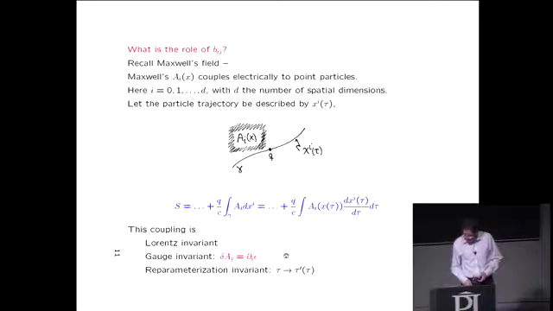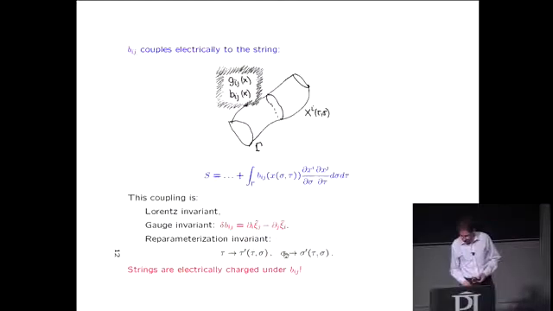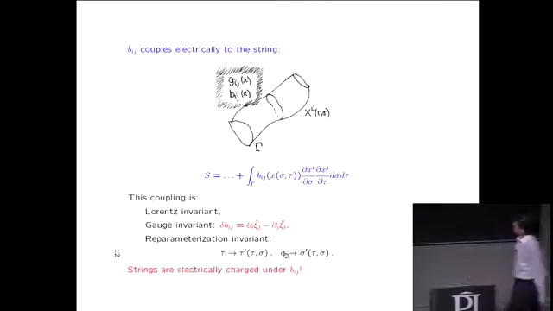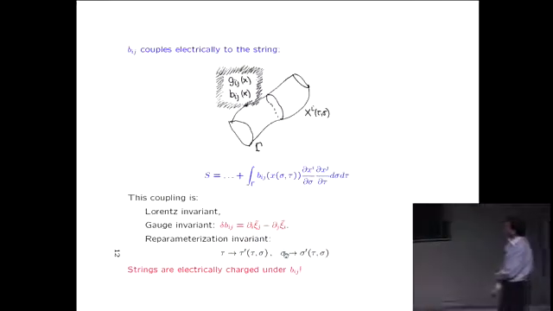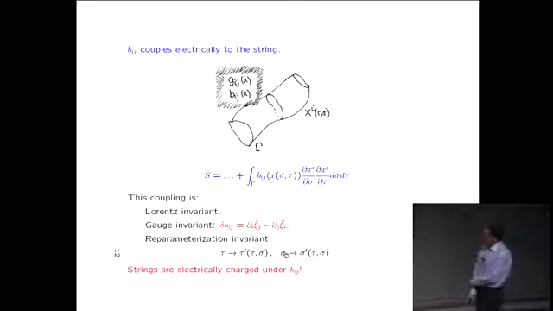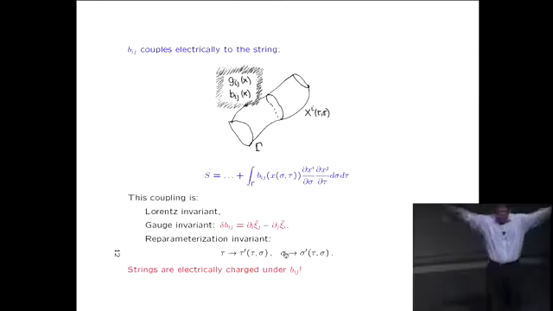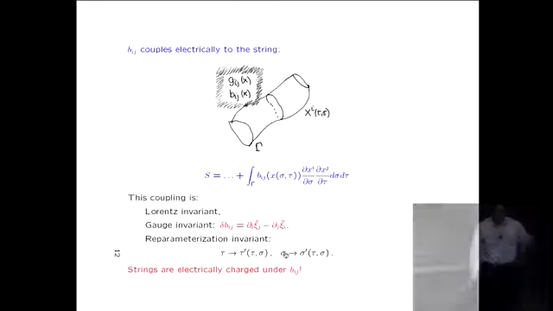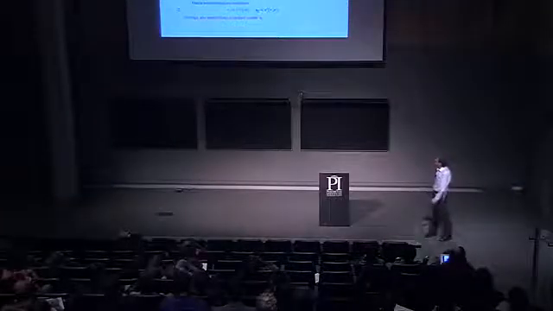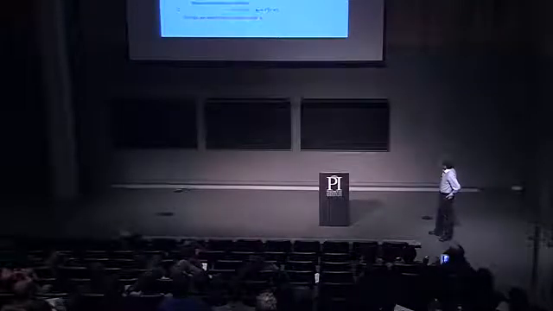So what happens for a string? For a string, there can be a string moving in space-time, and there are ambient fields in the world, not only on the string, but all over the world. There's a metric tensor and an antisymmetric tensor, and the string feels them. And the action for the string, you can write a term very analogous to the one we had before, where we integrated the